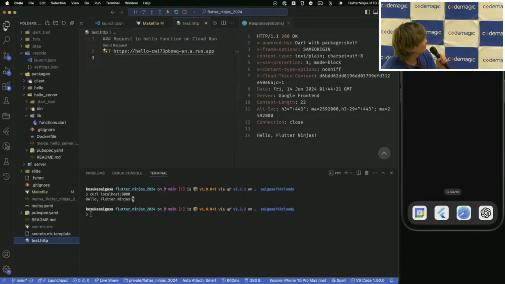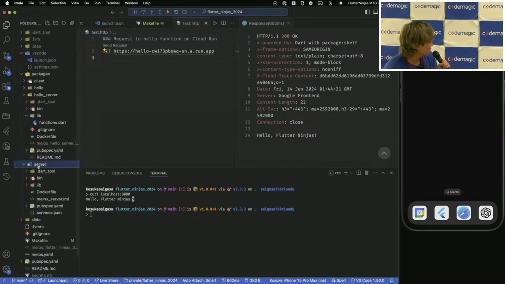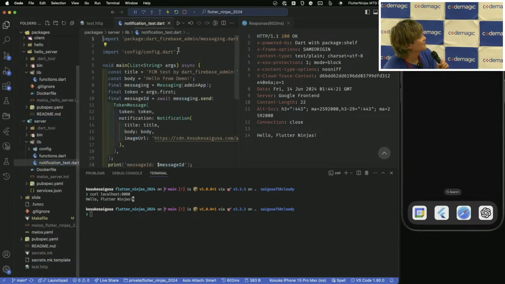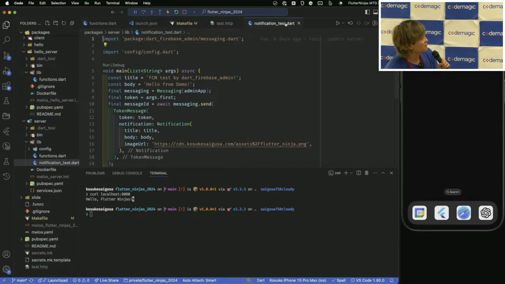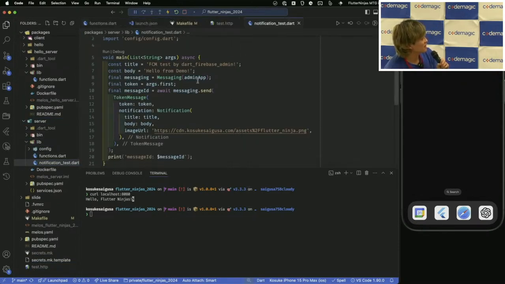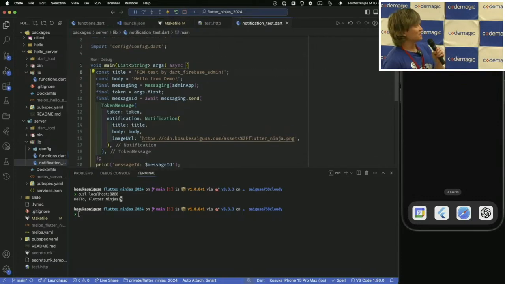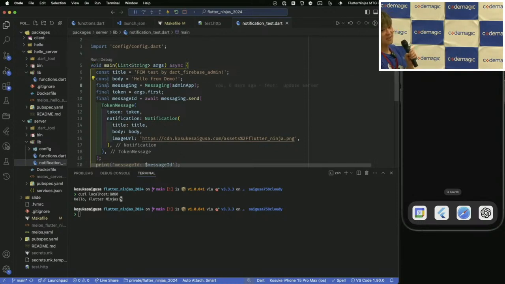So I prepared a script to send the test notifications. Yes, the test notification file. This is exactly the same as I showed you in the presentation. Here's a definition of the title, body, messaging instance, and token from the CLI arguments, and you can send